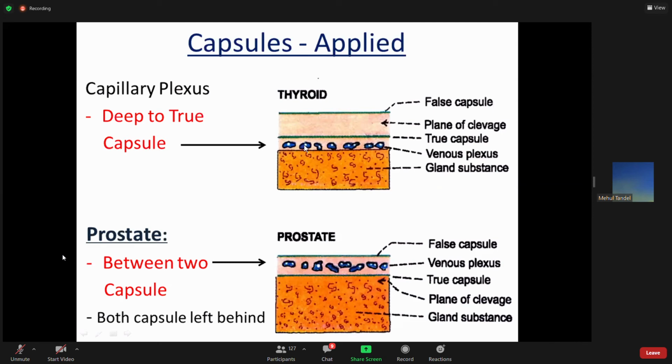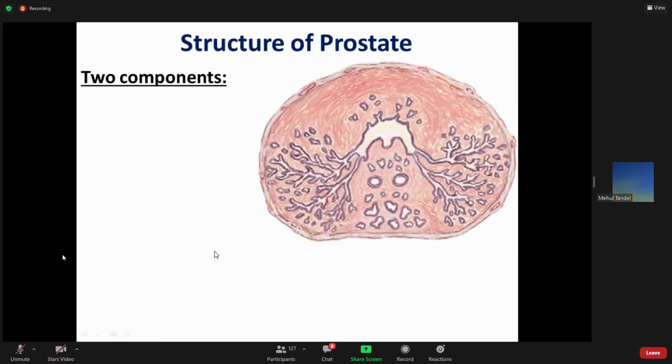So during thyroidectomy, the thyroid is removed along with its capsule, after ligation of all blood vessels. This is very commonly asked in Viva. Viva में काफी बार पूछते हैं. So during prostatectomy, the prostate is removed without capsule, and during thyroidectomy, the thyroid is removed with capsule to prevent bleeding during surgery. Now let's see the microscopic structure of prostate.